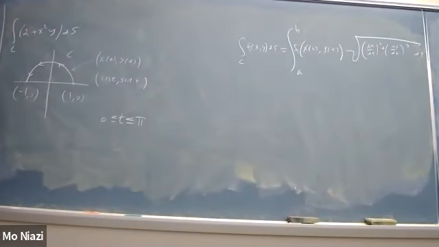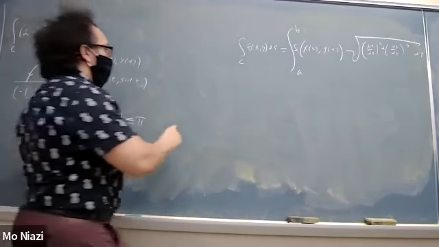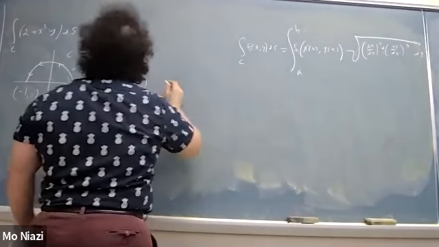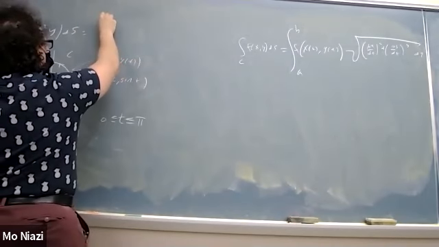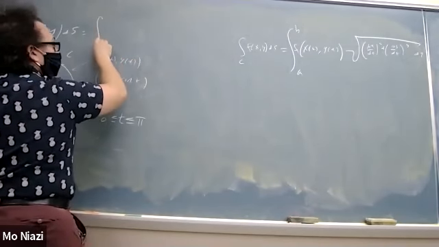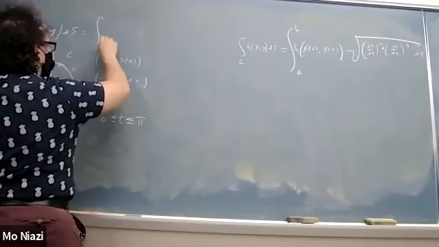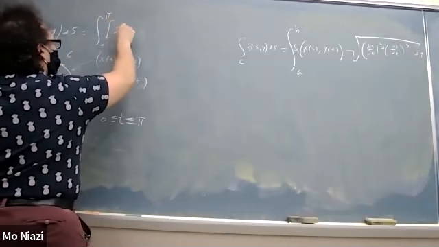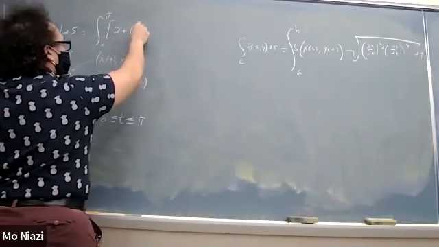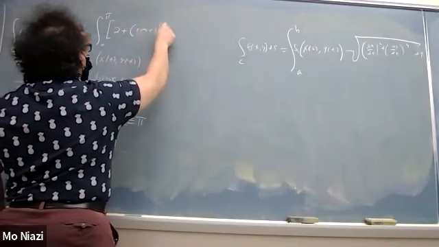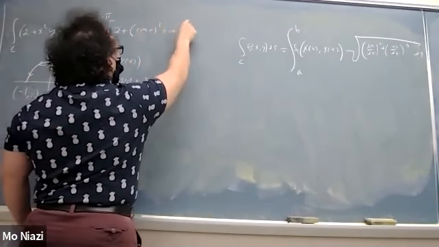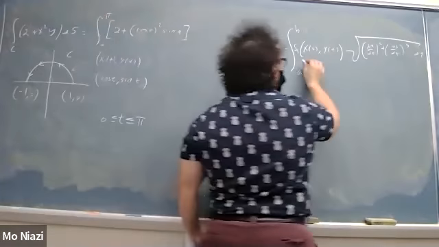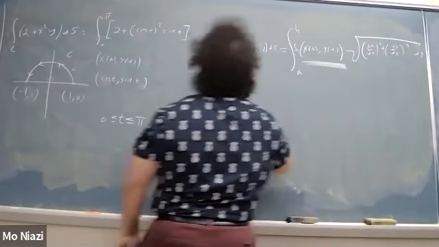So our f of x of t, y of t is what we get when we stick in our parameters for x and y respectively. So this integral becomes the integral where t ranges from 0 to pi of 2 plus, replacing with the parameters, cosine of t squared times sine of t. That corresponds to this piece. Now let's include this other piece,